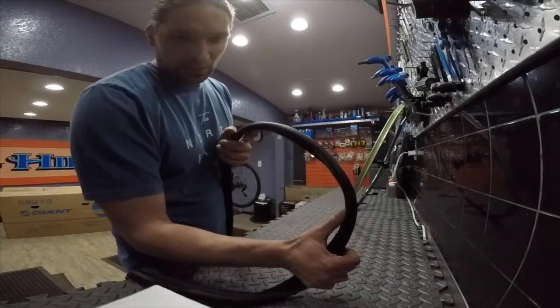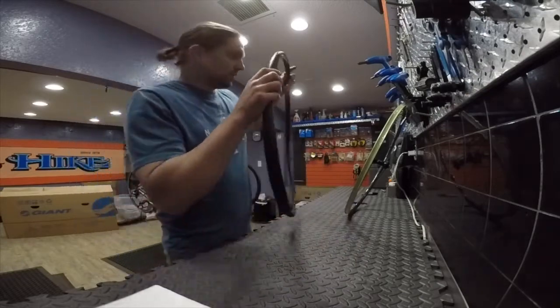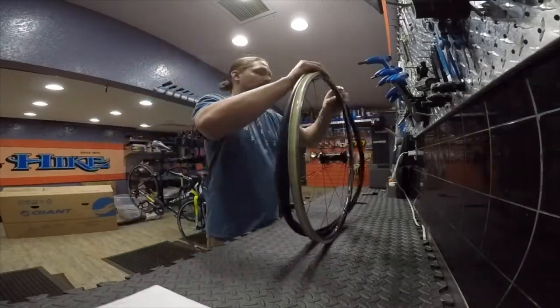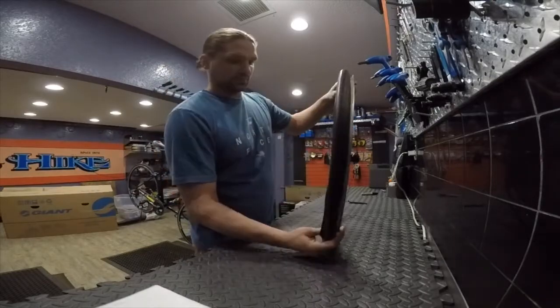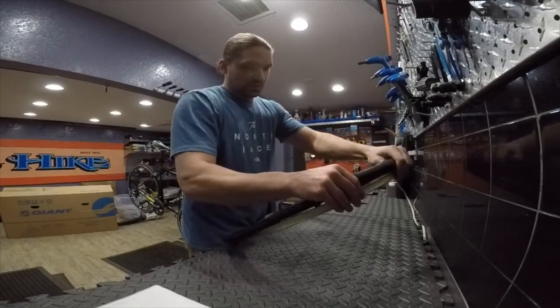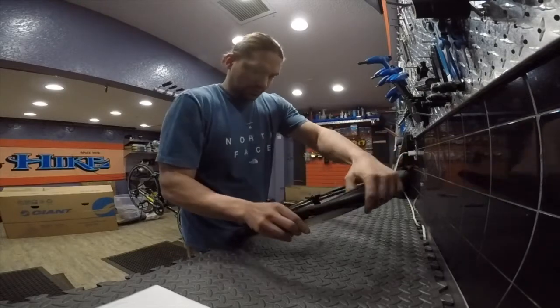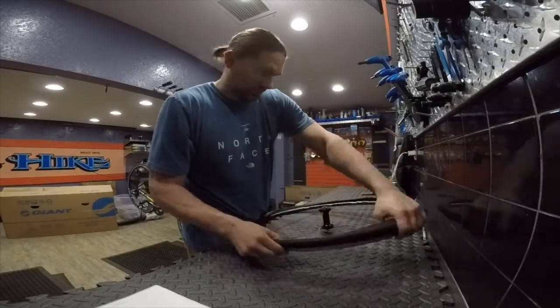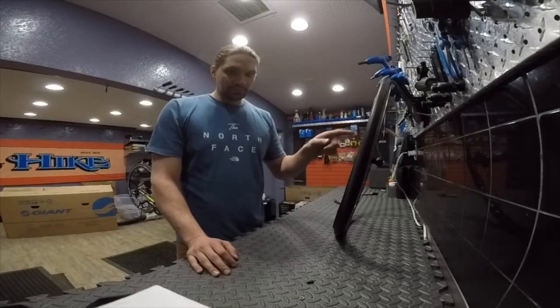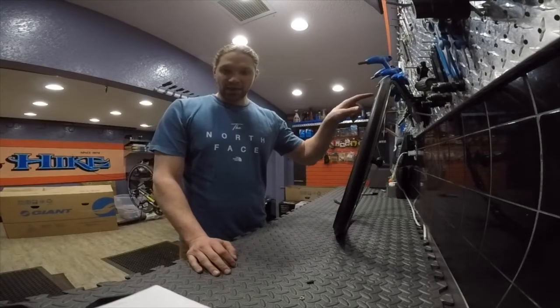I like to line the logo up with the valve hole on the rim. So now you're just going to put one of the beads, not both, onto the rim. Okay, now that I have one bead installed on the rim and the logo lined up with the valve,